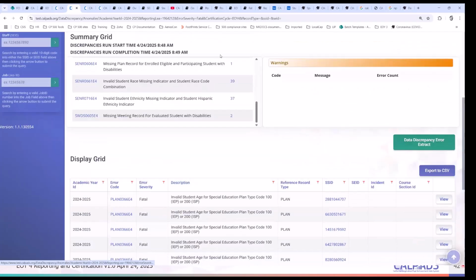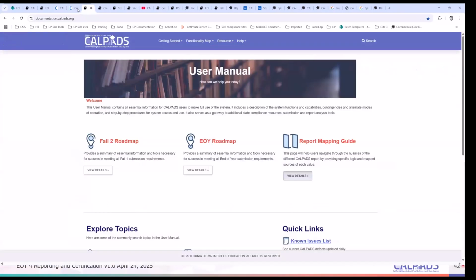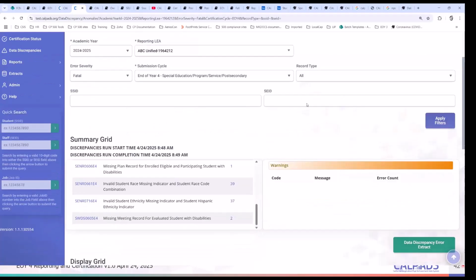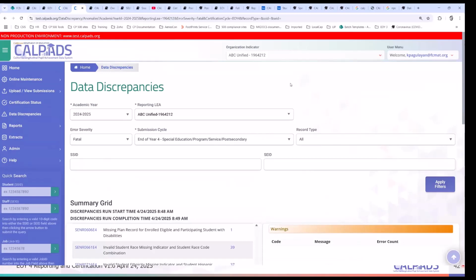All right, so of course, the approval won't happen if we don't resolve errors, right? So let's be ABC Unified. Go to end of year 4. So right now, the snapshots in CalPADS for end of year haven't been activated yet. They won't get activated until May 6. And so, as I've mentioned earlier, you guys need to be proactive.